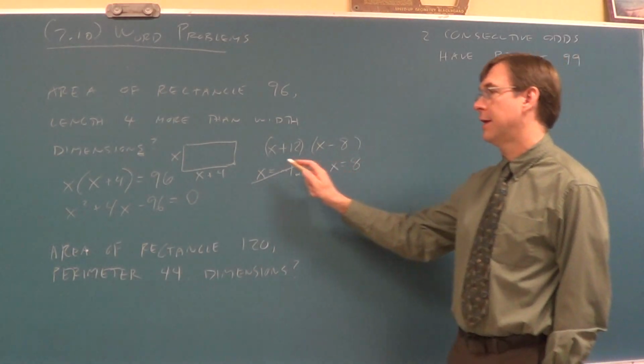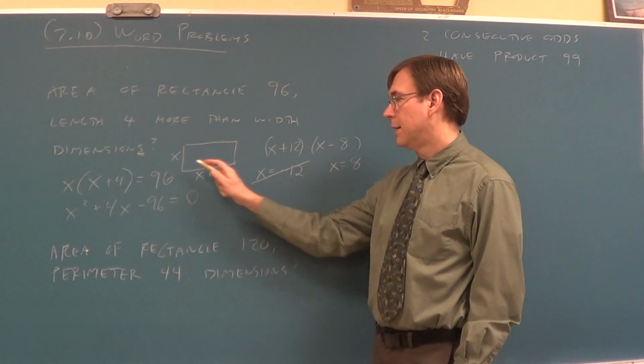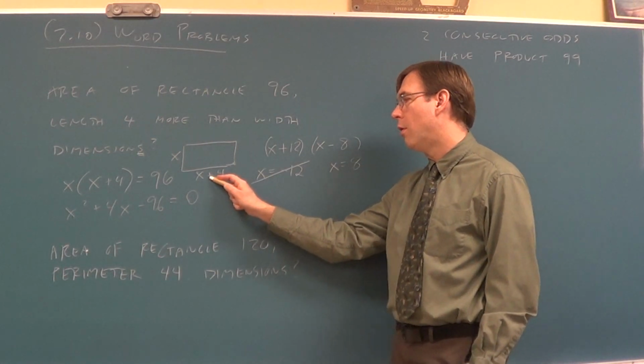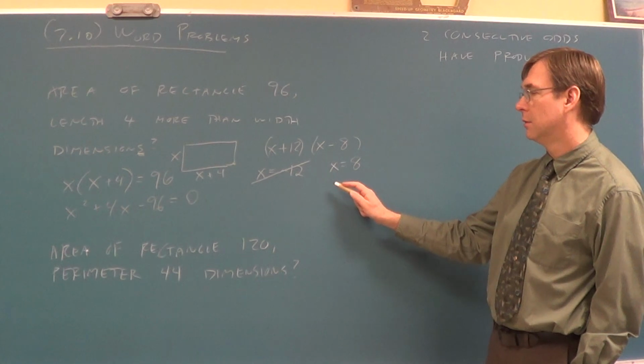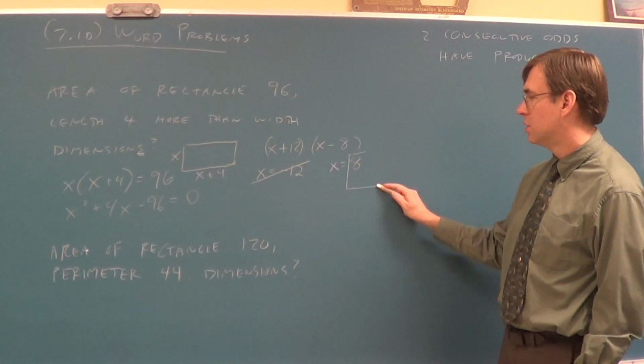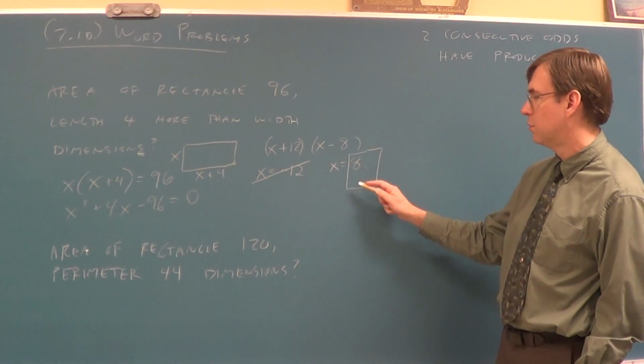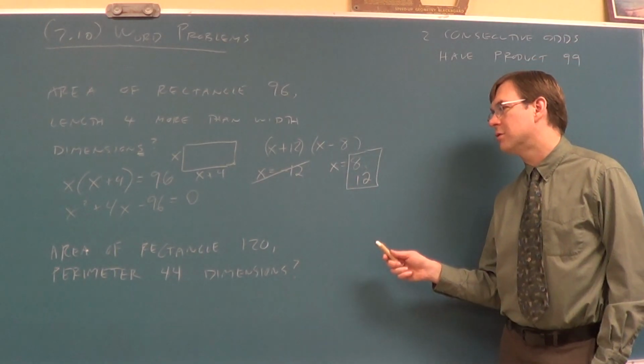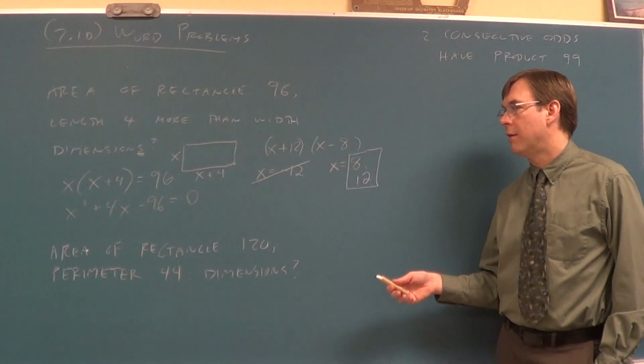Could the side of a rectangle be an 8? Yes. In which case, the other side of this particular rectangle that's 4 more would have to be positive 12. So what we're going to get for our answers would be a positive 8 and a positive 12. Almost always, and I don't know why other than